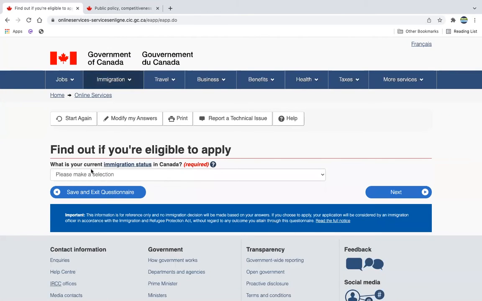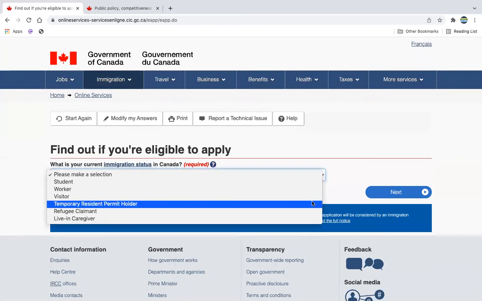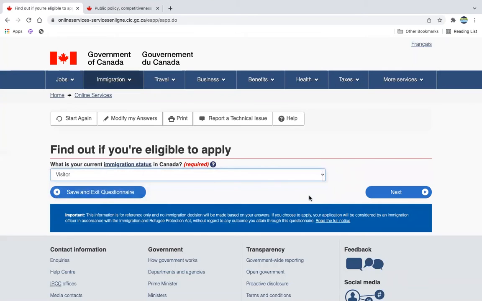Then it's going to ask you, what is your current immigration status in Canada? Sometimes these questions can be a little bit confusing. All you need to do is right here, you can just click on the arrow, then it breaks everything down for you. A student is a person who is legally allowed. So you're going to click on that if you're confused, and then based on the explanation, you're going to choose what fits you. So for this demo, I'm going to use a visitor based on a spouse open work permit, of a spouse who came to visit their loved one, and now they're trying to turn that visitor visa to a work permit because they are eligible to apply for an open work permit, right? So next,